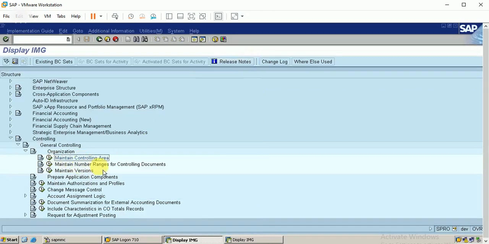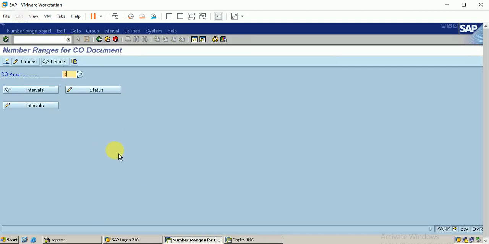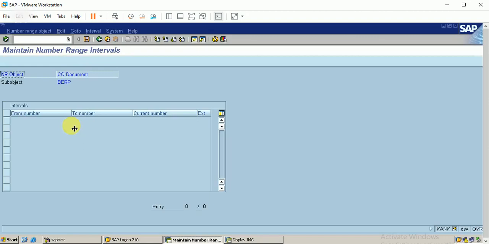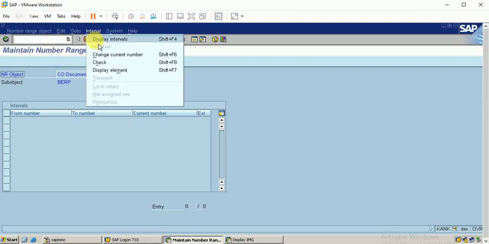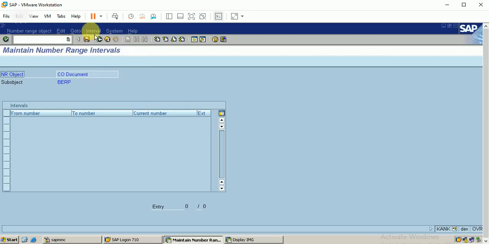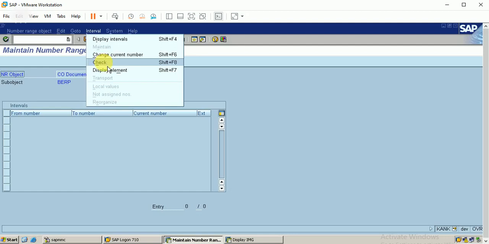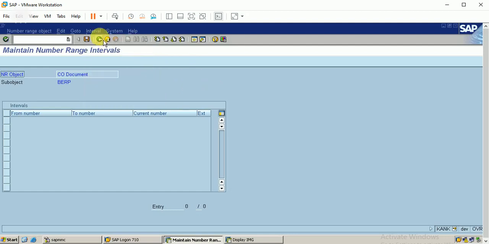My second step is to maintain the number range for controlling documents. These are essential components before configuring the cost center. Clicking on the controlling area, click on interval. There is no number range available with this, so I'm just creating a number range interval. No, I cannot maintain it here.